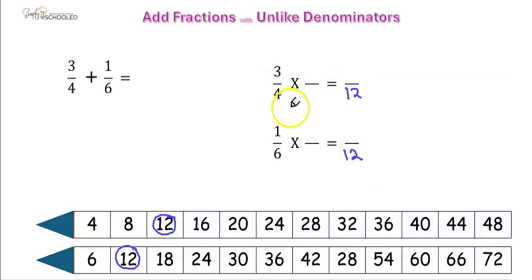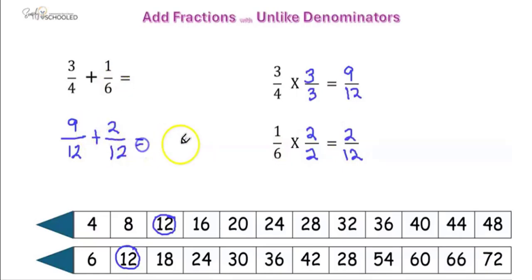So for 3/4, I have to multiply 4 by 3 to get 12. I need to multiply the numerator by 3. So 3 times 3 is 9. So my new equivalent fraction for 3/4 is 9/12. Now for 1/6, I multiply 6 by 2 to get 12. So I have to multiply the numerator by 2. 1 times 2 is 2. My new equivalent fraction for 1/6 is now